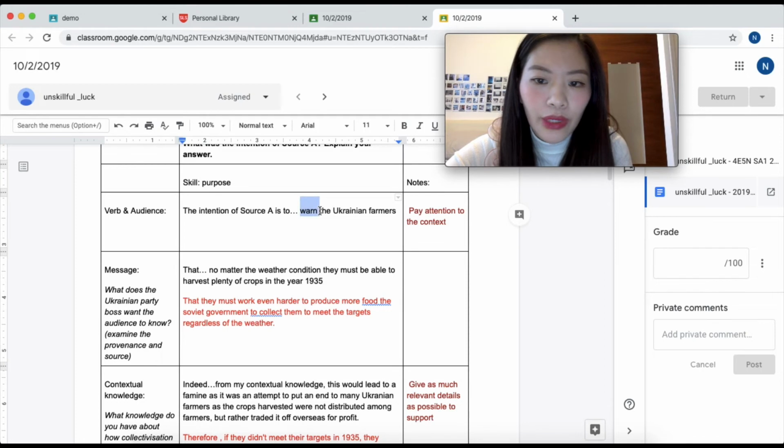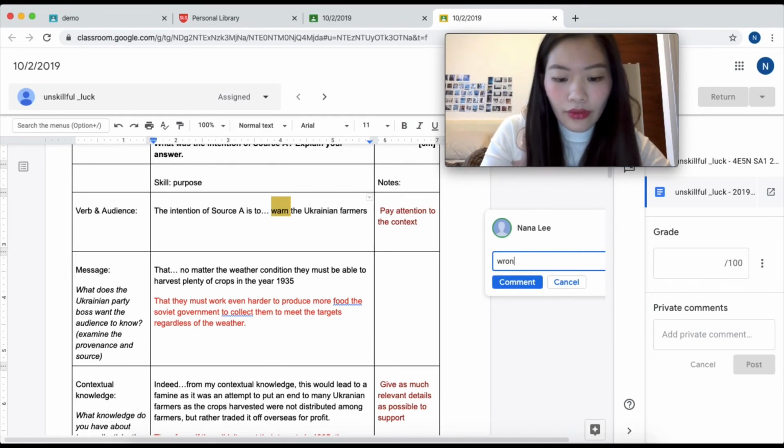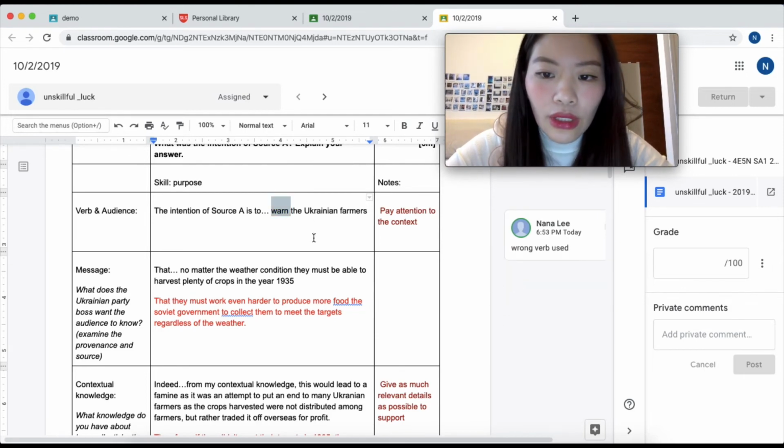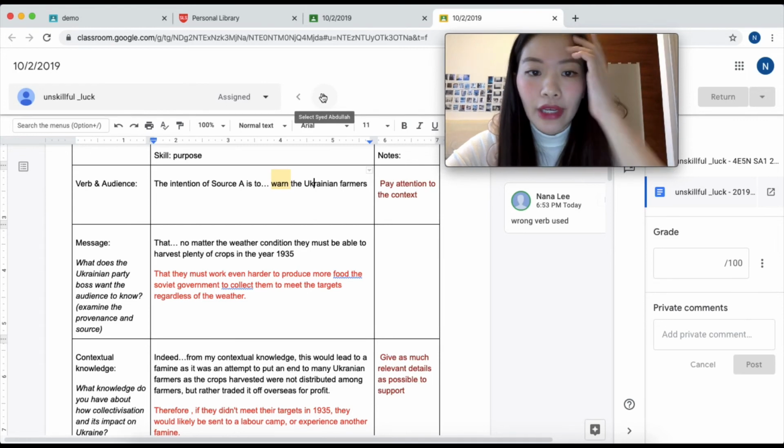So for example, I can highlight this, and I can click wrong verb used. I can do this while the students are actually still working on their assignment. So they would see my comment, and then they'll be able to make the amendment immediately. Yeah, so that's nice. And if you are using this outside of HBL,